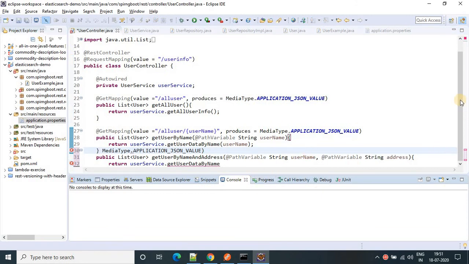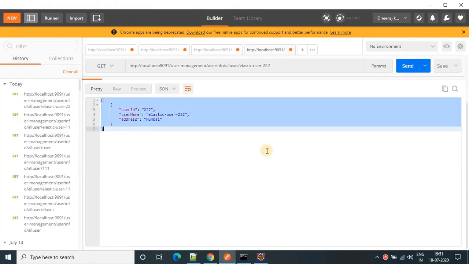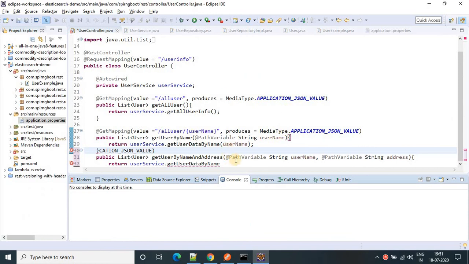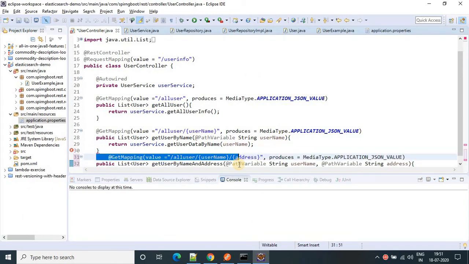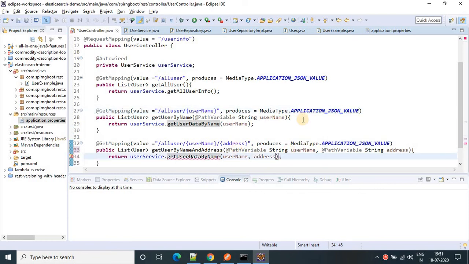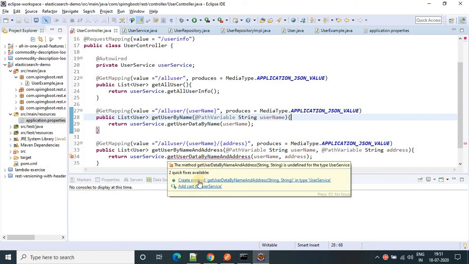Something is happening in my workspace. I don't know what is happening. Let me press Control Z first. By name and address. Create this method in the service class.